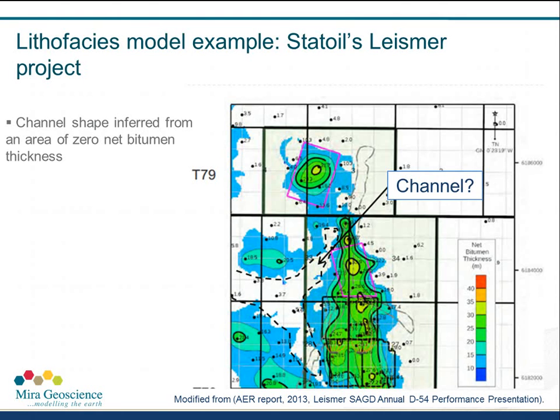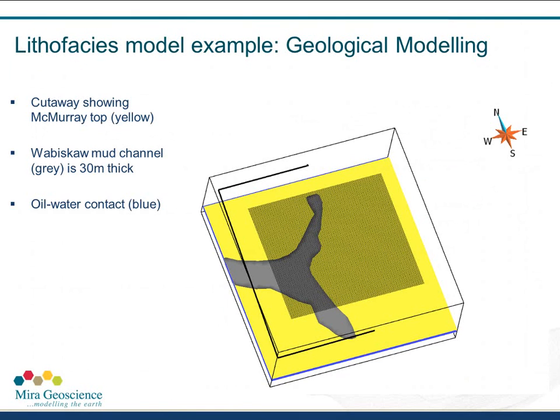So looking at the reservoir rock thickness here, here's a bitumen thickness map. You can see this section where it's pinched out in the plan. So the view was that this could be a channel. And we'd be able to see that channel using the SAM method. So we modeled up the SAM system